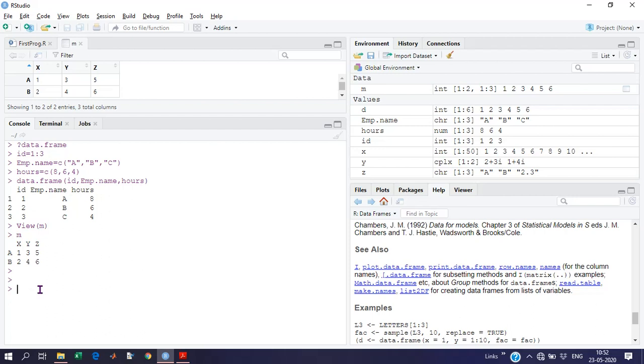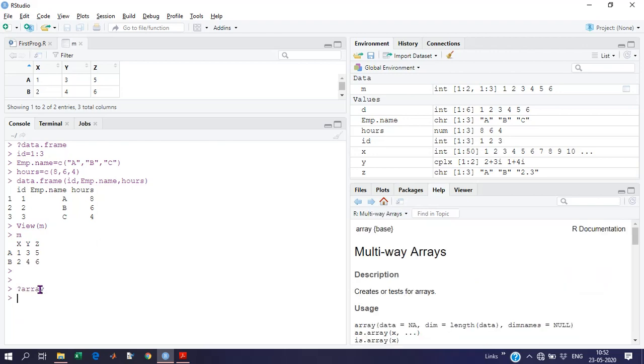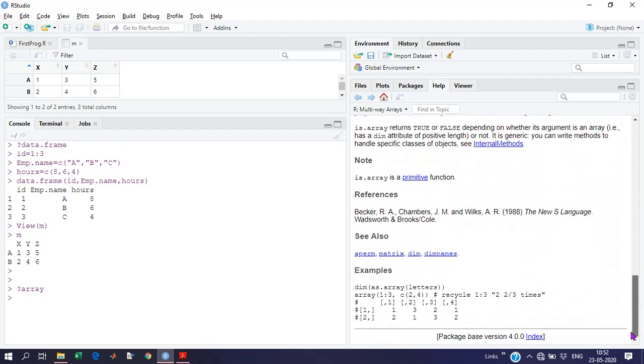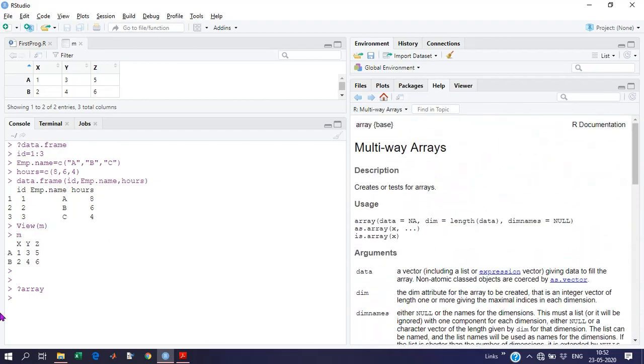Using array is not that complicated. The syntax for array is array with data, then the dimension, that is the length of data, and dimension names. For example, let's take data equal to 1 to 12.